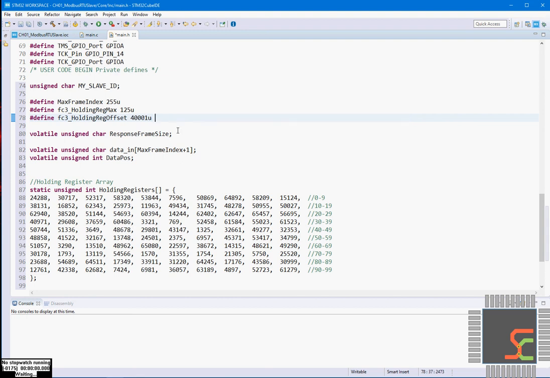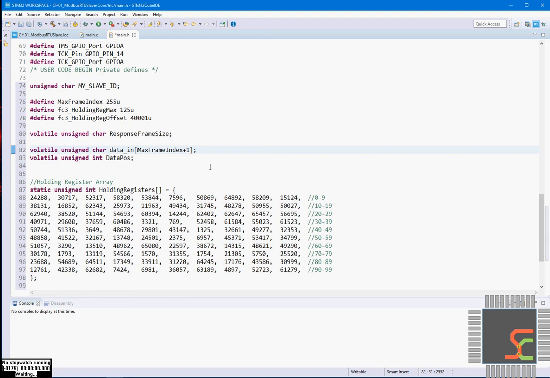So I'll clear this. Next we are declaring one variable to calculate the response frame size, whatever size the slave generates, and we are capturing that in this variable. Now the next variable is a very important one, data in, which is a character array.